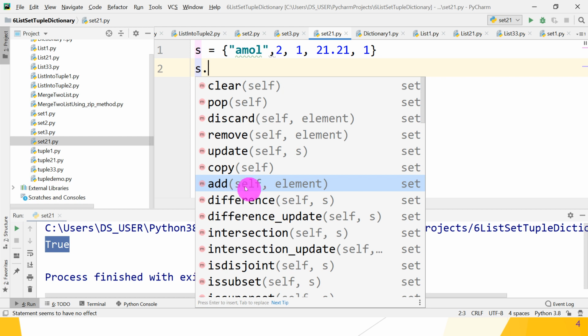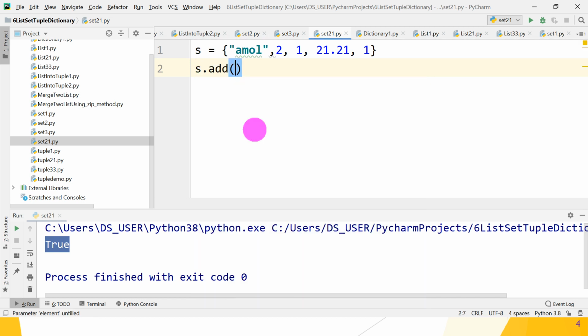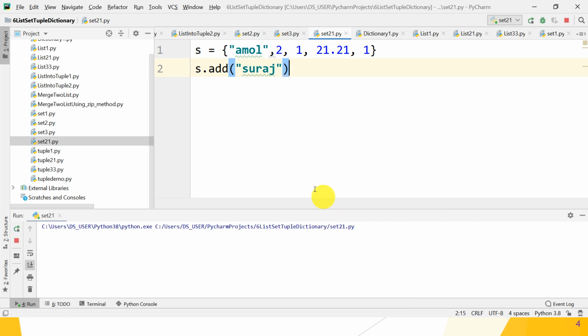Self is the current calling object of that set, that is, the reference S. And the second argument is the value you can add. So use this add method. What do we want to add? Suppose Suraj, I want to add the string into the set. Let's check whether it works or not.